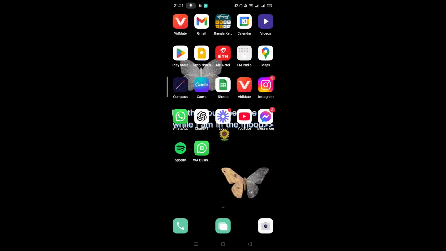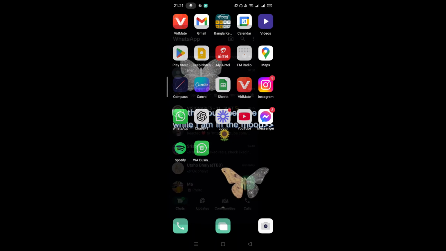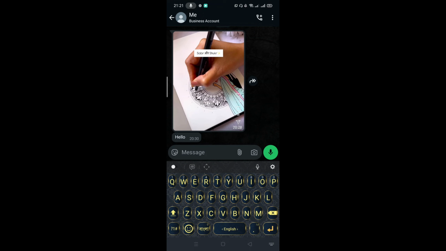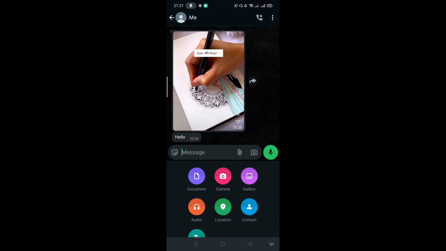So in today's video I'm going to show you how to check WhatsApp live location. So open WhatsApp and go to the chat of the person you want to share your live location with, and you just need to tap on this attachment icon, which is on the left side of your camera icon, and from here select the location icon,